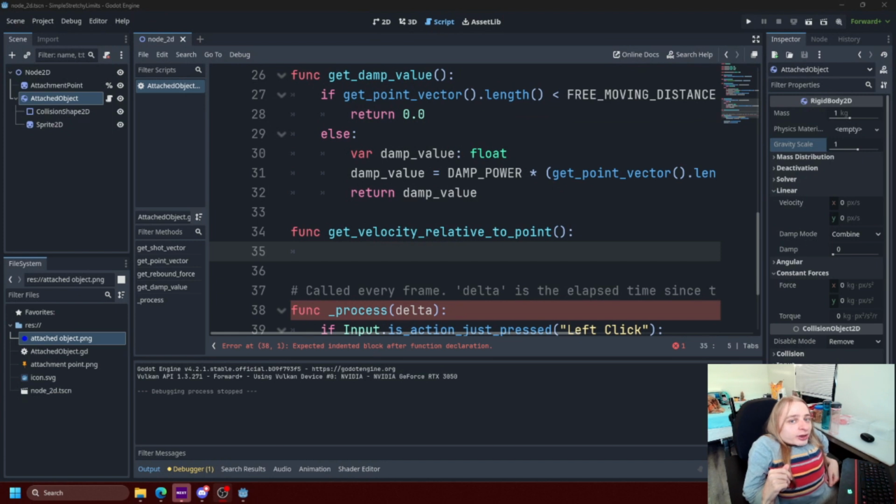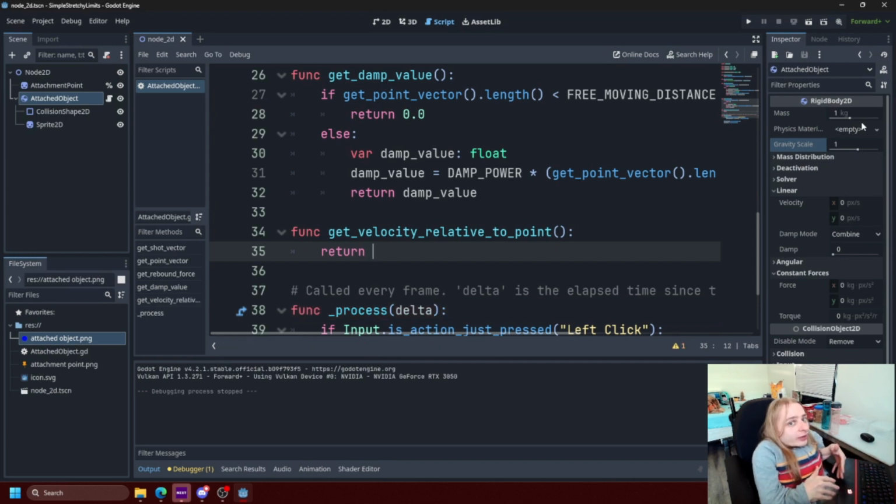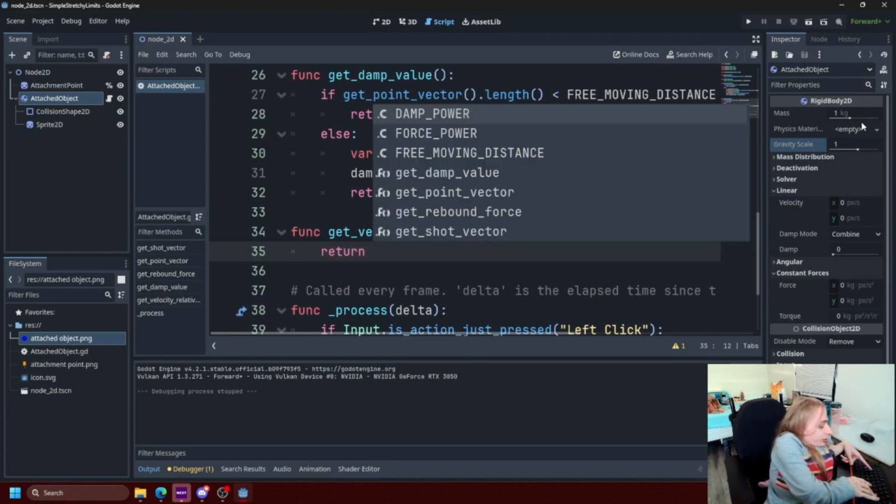All I'm going to write in this function is return. This function is going to replace itself with the output of a dot product. So I'm going to dot product the two vectors, the vector between the two objects, and the vector of the velocity. So I'll do linear velocity